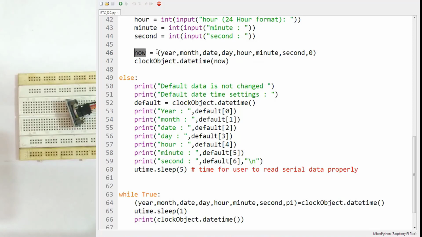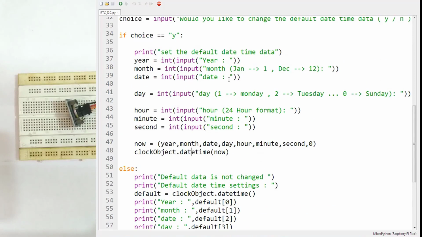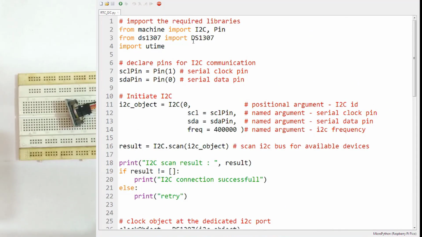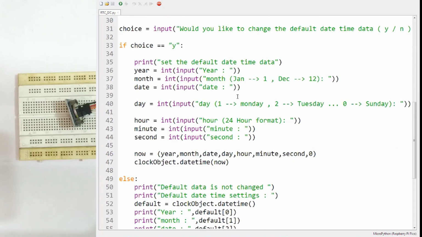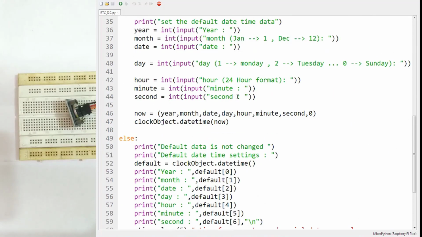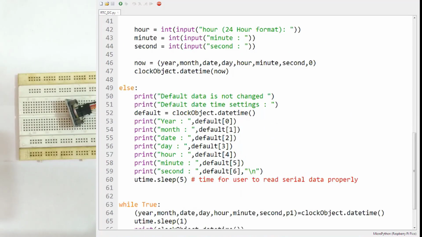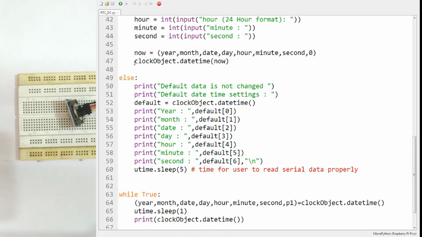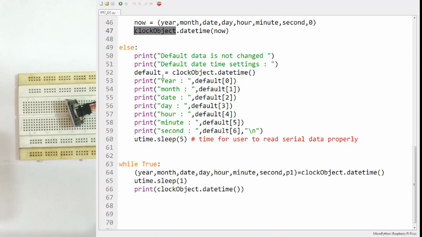This datetime function is defined inside the class of the DS1307 library. What it will do is set the current date and time into this clock object.